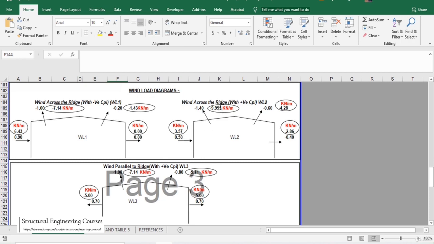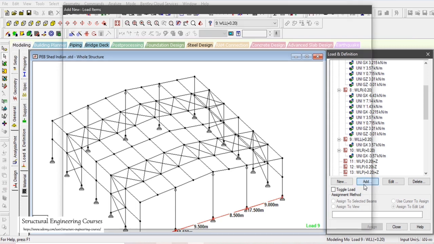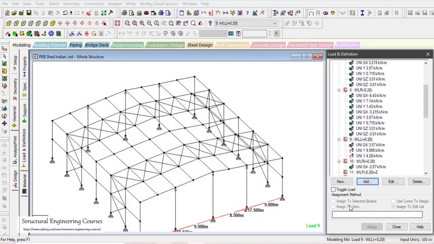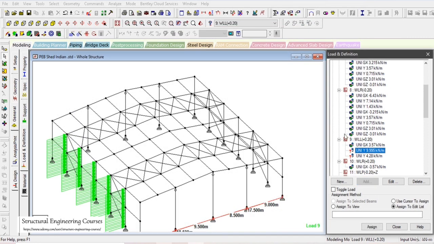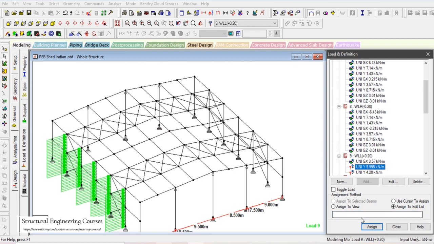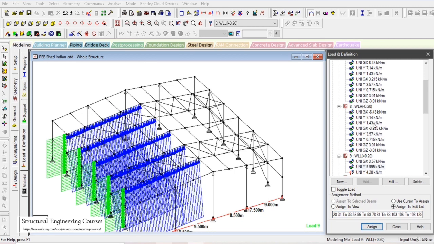9.995 and 4.28 away from the structure. So member load, local Y, 9.995 and 4.28. So 9.995 we shall copy all of these members here. So here we can see that we can copy the name of these members, and similarly 4.28